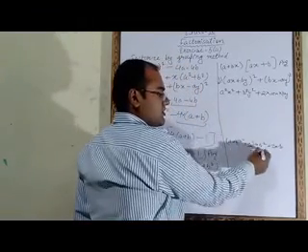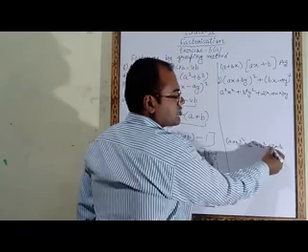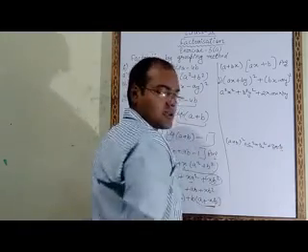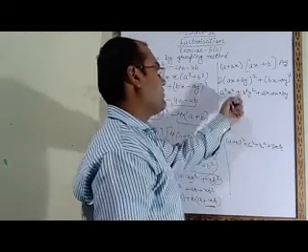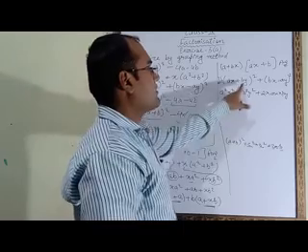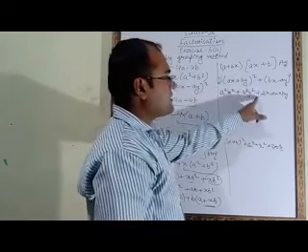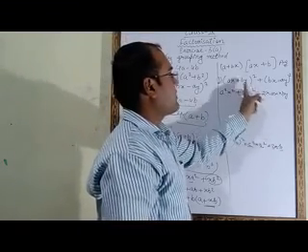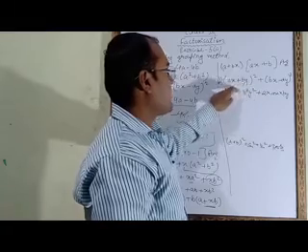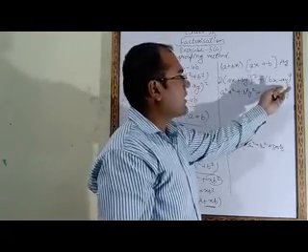This is the square of the first number, this is the square of the second number, and it is 2 multiply first number multiply second number. Same formula we had used here. Square of first number, square of second number, plus 2 multiply first number multiply second number. So this bracket we have solved.